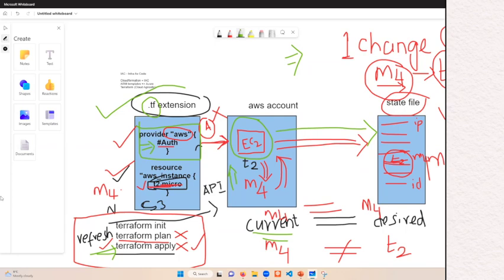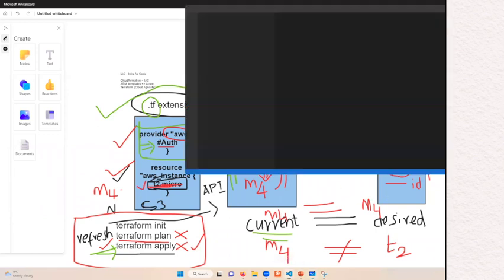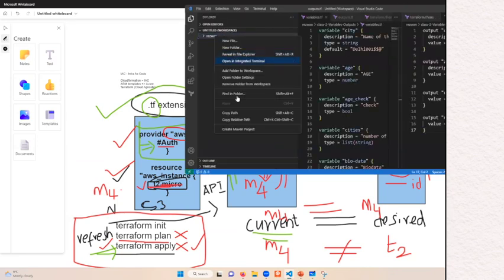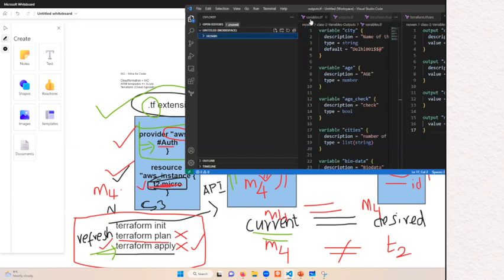Yes. Cool. Thank you. Okay, so this is all I wanted to teach about how Terraform works behind the scenes. So now I'm going to open Visual Studio Code. A couple of things I wanted to note here. So throughout this course,